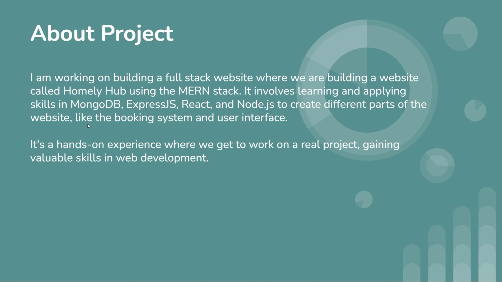I am working on building a full stack website called Homely Hub using the MERN stack. It involves learning and applying skills in MongoDB, ExpressJS, React and Node.js to create different parts of the website like the booking system and user interface. It's a hands-on experience where we get to work on a real-life project and also gain valuable skills in web